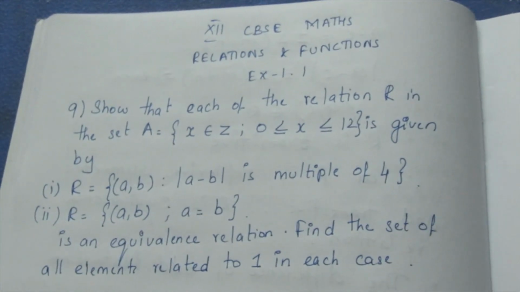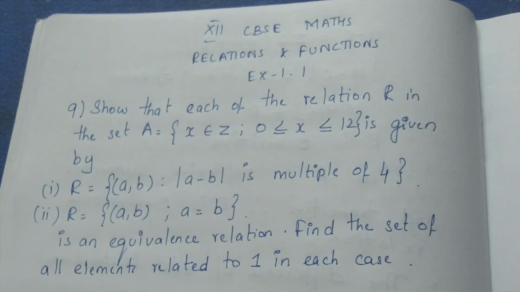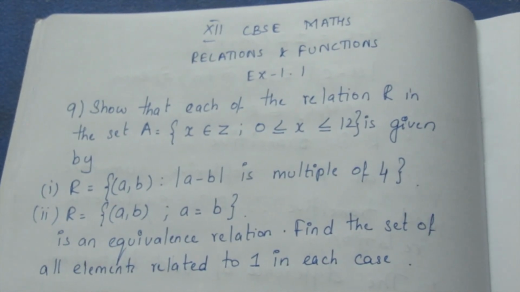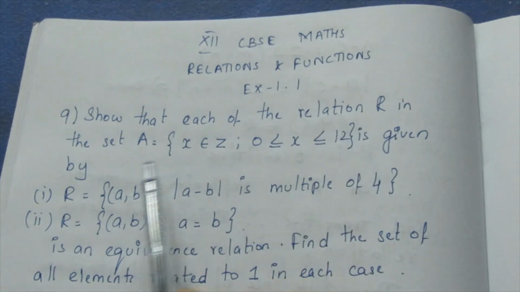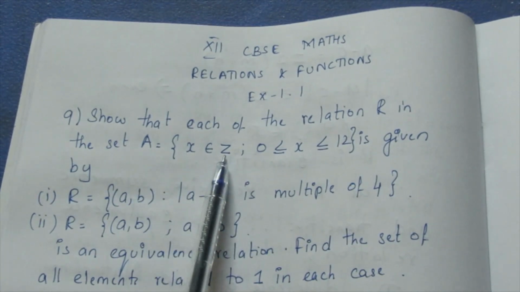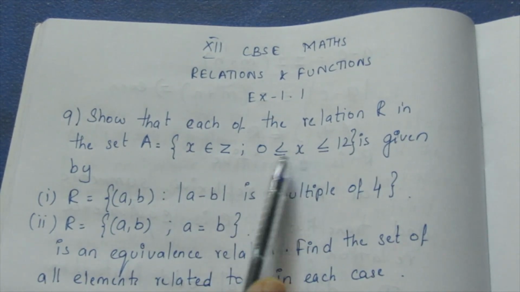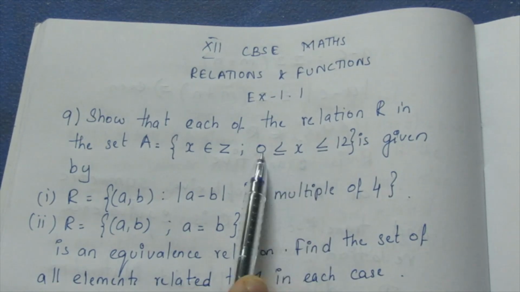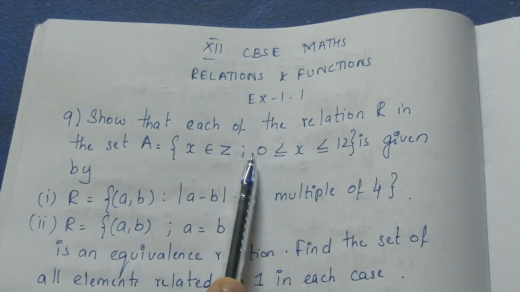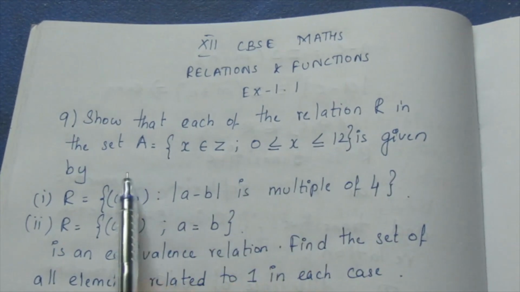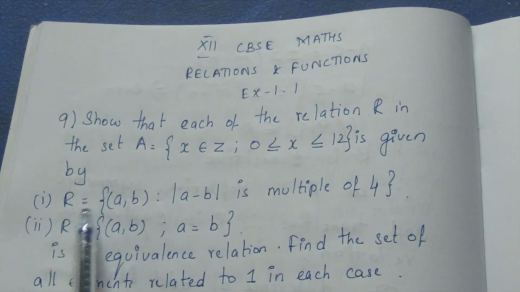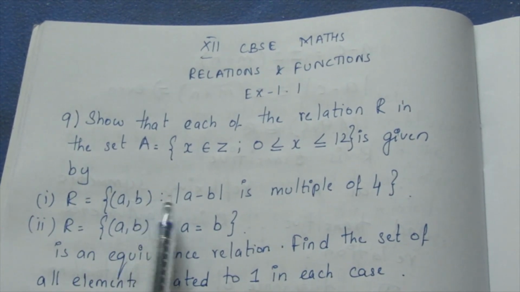Today we are going to see 12 CBSE Maths Relation and Function Exercise 1.1, question number 9. Let's see the question. Show that each of the relations R in the set A equal to {x belongs to integers and x lies between 0 and 12} is given by, the first one is our relation {(a, b)}, where